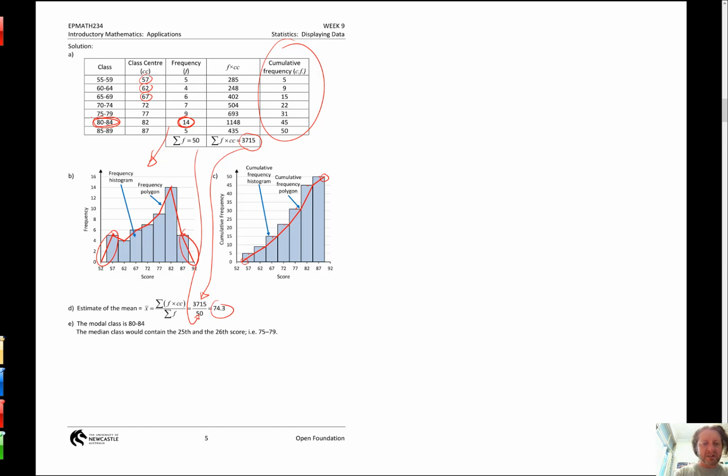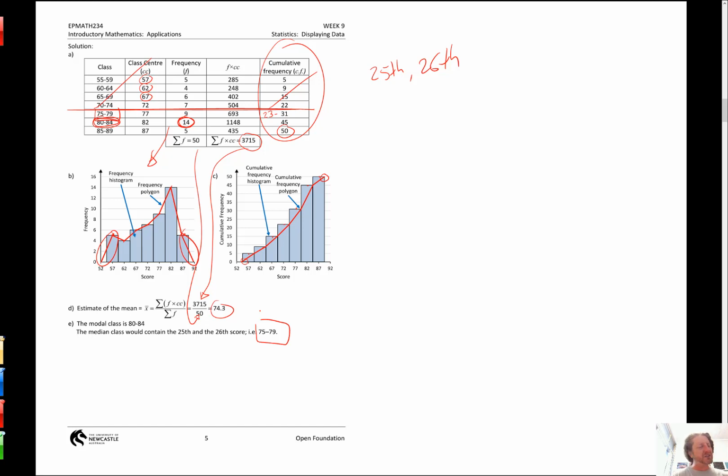The last thing it said was the median class would contain the 25th and 26th scores, because again there's 50 scores, so I agree. What's the 25th and what's the 26th? Get my ruler again, and the cumulative frequency says, well, up to the 22nd class, 22nd result. Here's all of these classes. So it's not these, that only goes up to 22nd. But the 23rd through to the 31st scores all lay in the 75 to 79 class. There it is. The 75 to 79 class is the